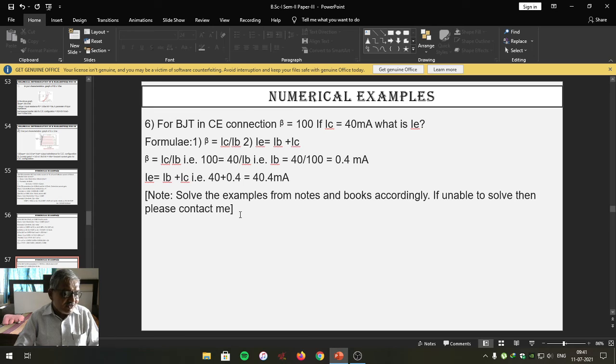There are 2 questions. Question number 1 contains some 4 or 5 sub questions. Question number 2 also contains some 3 or 4 sub questions. You have to solve all those questions. Question number 1 is for home assignment. Question number 2 is for test. Write it in the same paper.